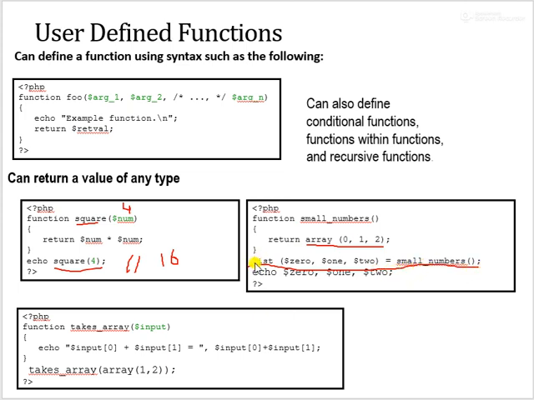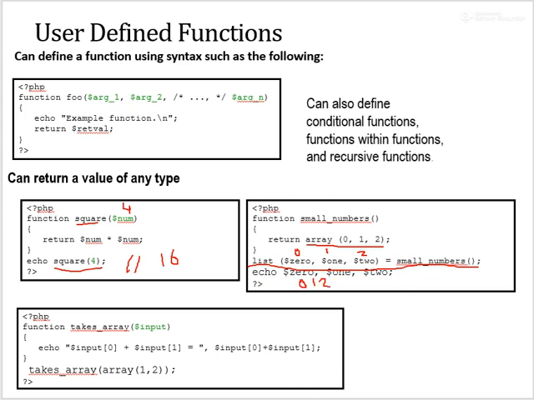We use list as an array, and it has 3 indexes, 0 1 2, you know, an associative array equal to a small number. So what happens is it will return this array 0 1 2 3. So index 0 will be initialized with value 0, index 1 will be initialized with value 1, and index 2 will be initialized with value 2. And when we say echo 0 1 2, this will display 0 1 2 on screen. This will be the output of this script.